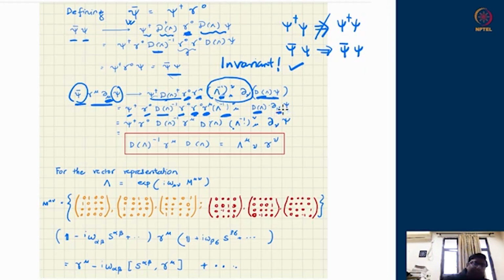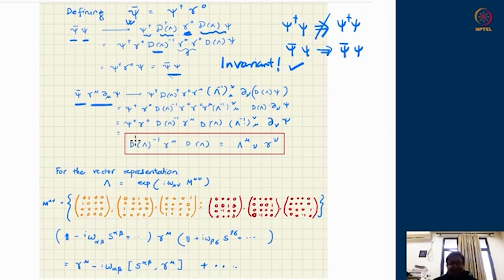So all these terms will appear if I take the transformation of the first term of the Dirac Lagrangian generalized to ψ bar. Now use the property that two γ⁰ put together is identity, and